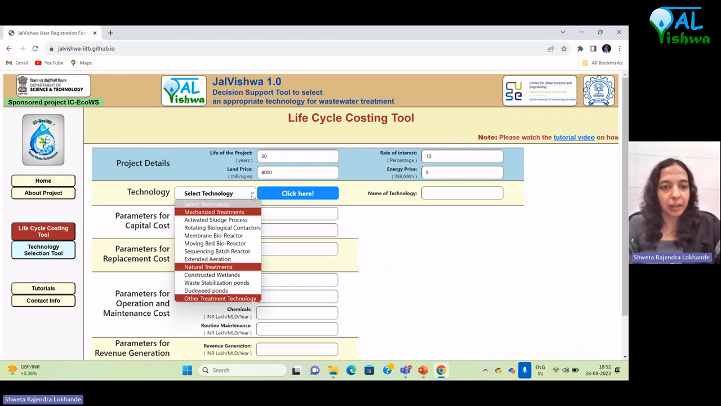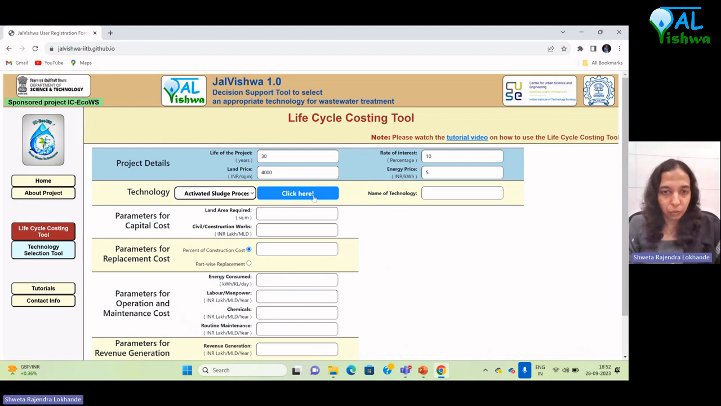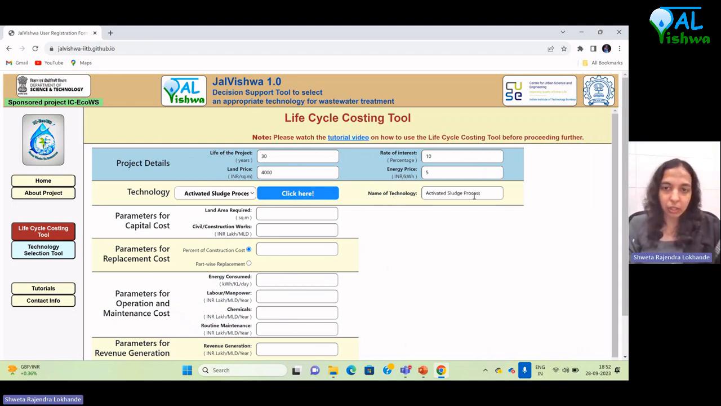So let's say I am selecting activated sludge process. You have to click here. So the name of the technology will get fetched here. And then whatever cost details you are entering, those will be applicable to activated sludge process. Let's say my land